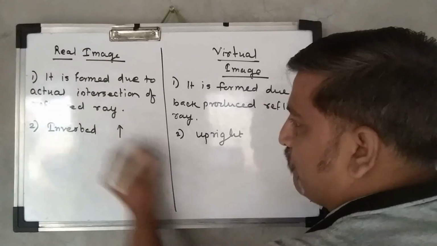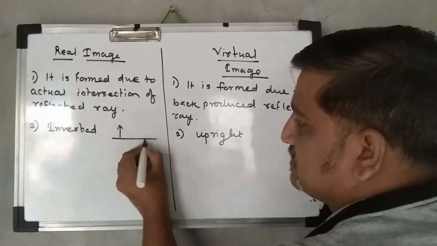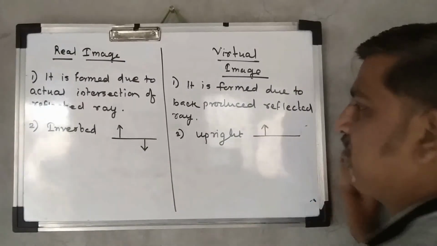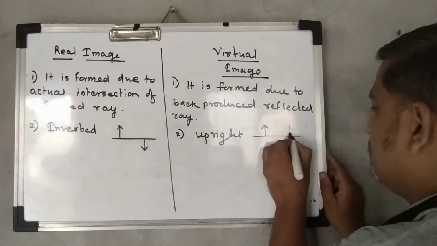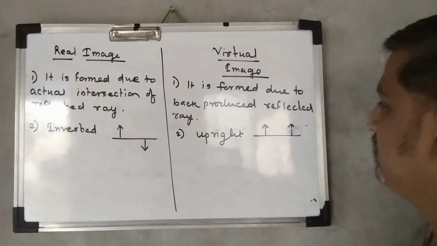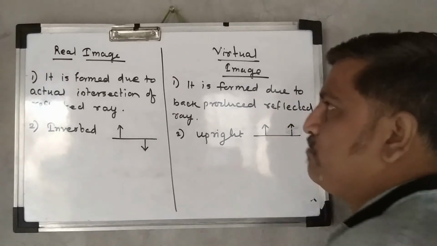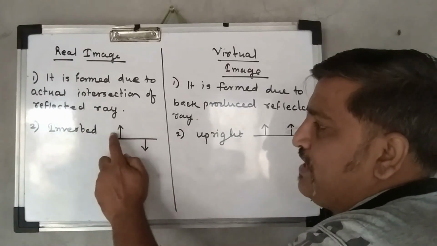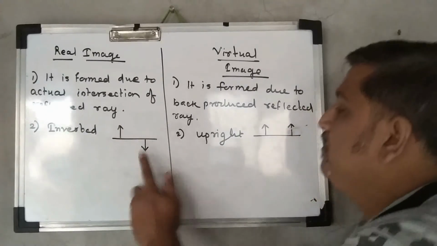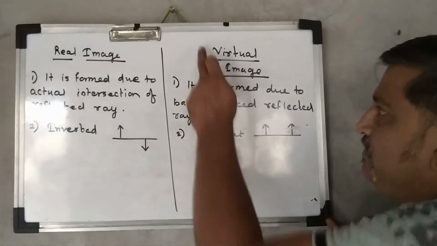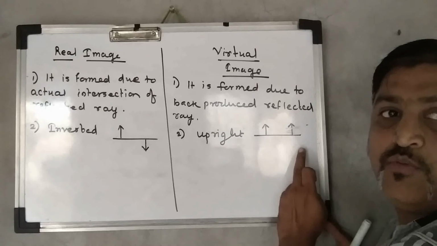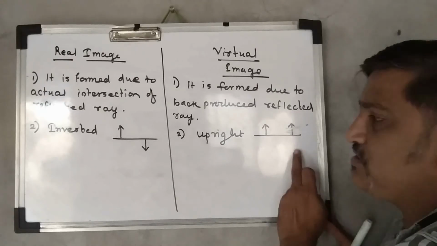Inverted means if the object is in this way on the principal axis, the image forms downside. In the upright case, if the incident ray is in upside ray, then the image form is like this. And here, always keep in mind what I am showing over here, same you have to do. Here, to show the real image, a solid line is taken to show the object. Similarly, the image also with the solid line. Here, in case of upright, in virtual image, the object is with solid line while the image form is by dotted line, not a solid line. So this you keep in mind.